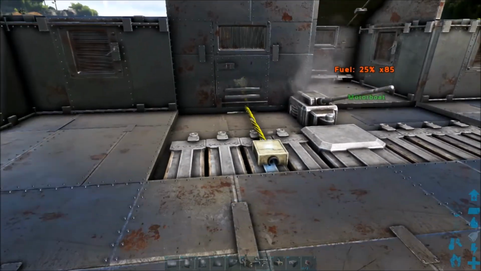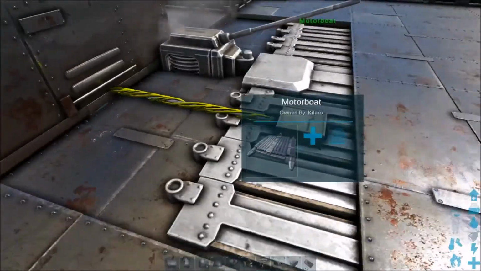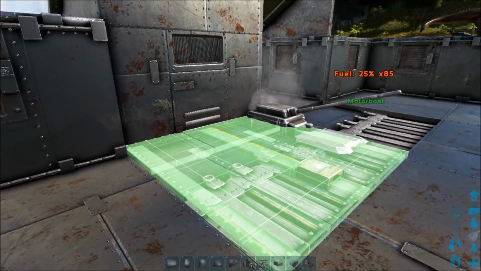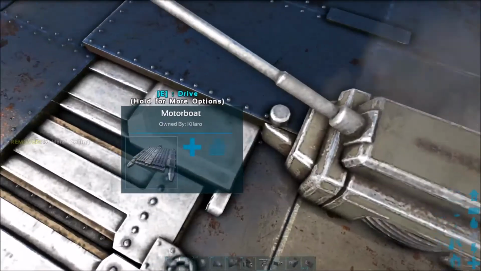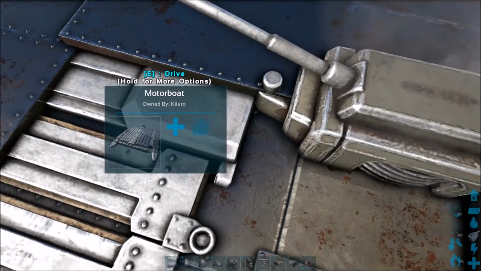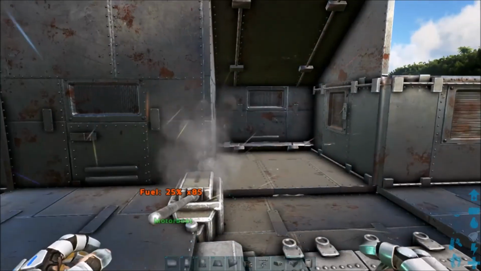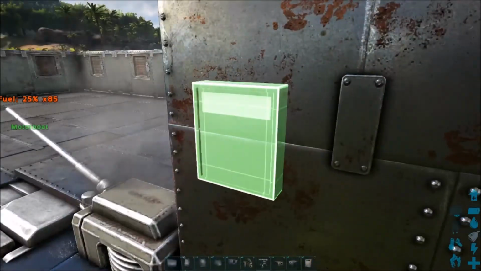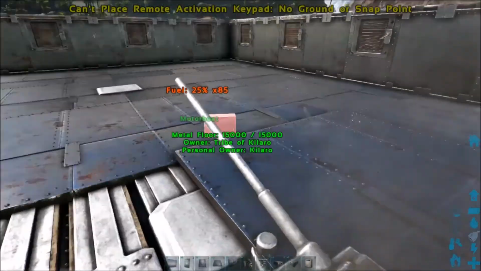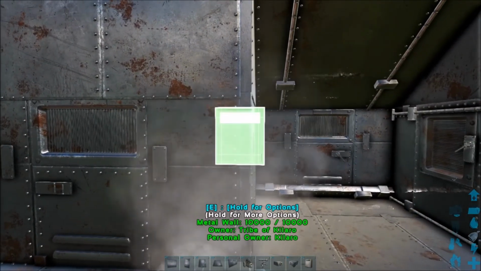So we've got the cable out, we put the box, we got the generator in the room. Now we want to put a ceiling over our cable and box. And we can still drive the boat, as you can see. We're still good for driving. Now we're going to put the keypad, you could put it in here, but then you wouldn't be able to drive the boat if you close the ceilings. So we're going to put it right here in between the two